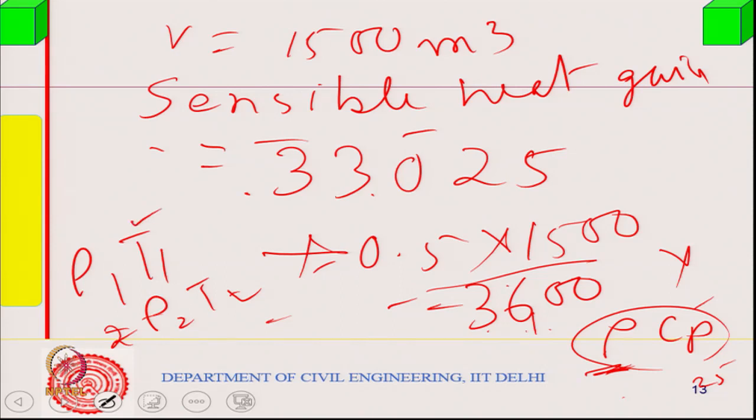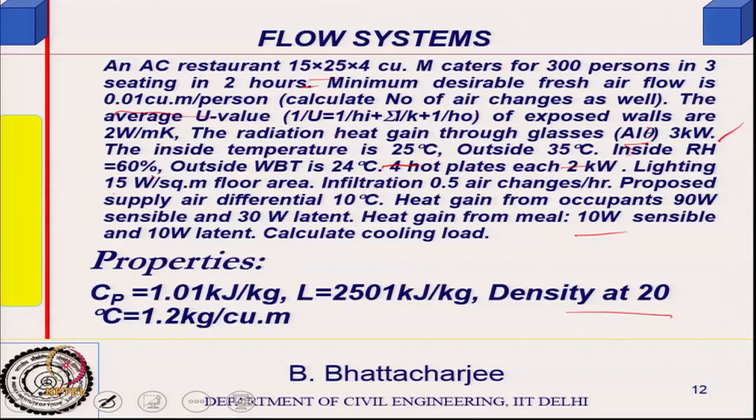This is 273 plus 20, that is 293, into 1.2, divided by the temperature at which I want to find the density. So if you are finding it at 28 degrees centigrade, and Cp average value is given,